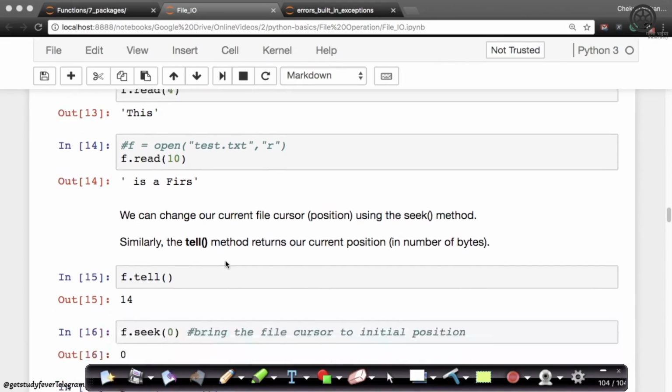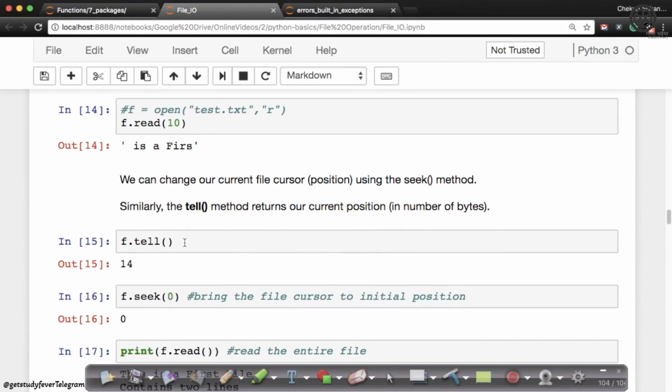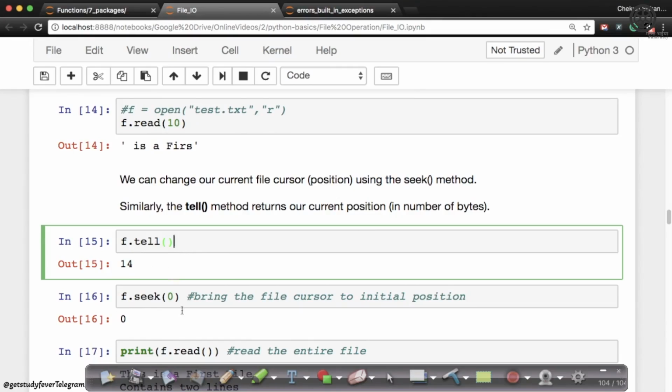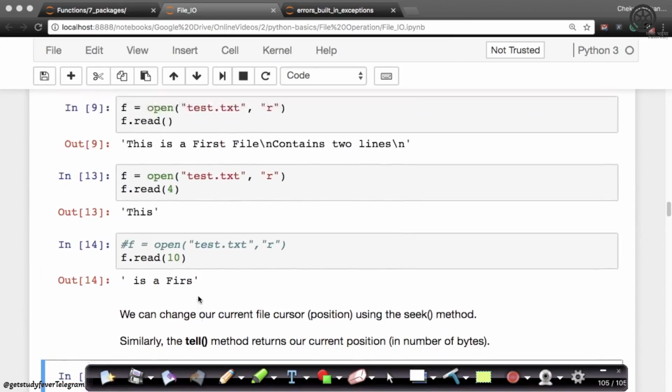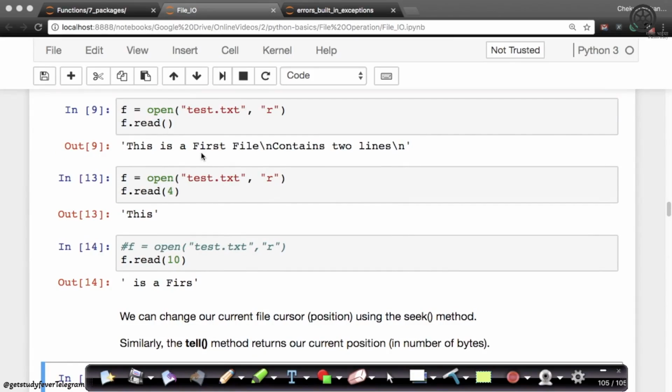Now I have a function called tell. I've read 14 characters roughly. So f.tell will tell me what my current cursor location is, which is 14. See where my cursor location is at the end of these two reads? My cursor location is here at the 14th location. Now if I want to move my cursor back to the start,